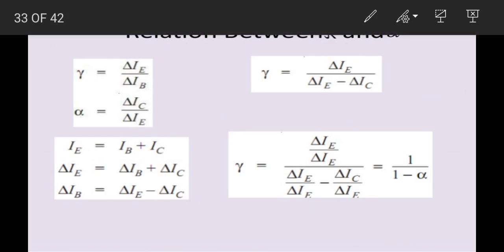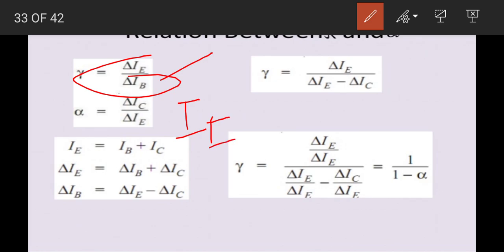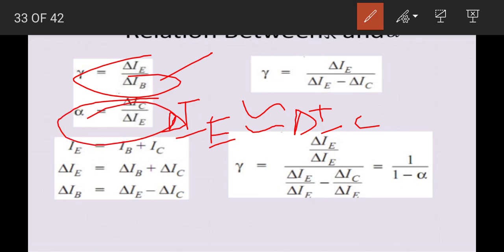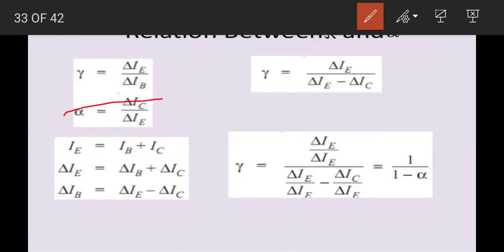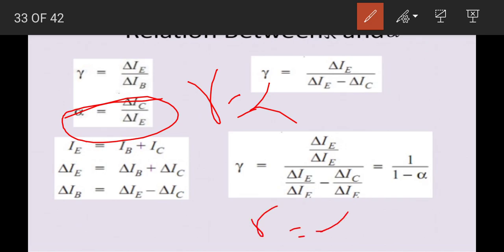Remember this relation: IC is equal to I, so we put it here, and that's why this is the equation for that. Because I is very negligible compared to IC, it is delta IC. So that's why we put the value here, that is delta IC. This is the value for this, then gamma is equal to alpha. Finally, gamma is equal to alpha, we got the equation here.